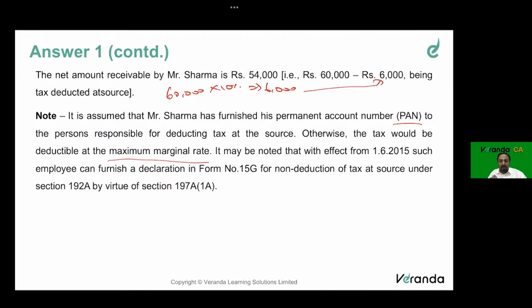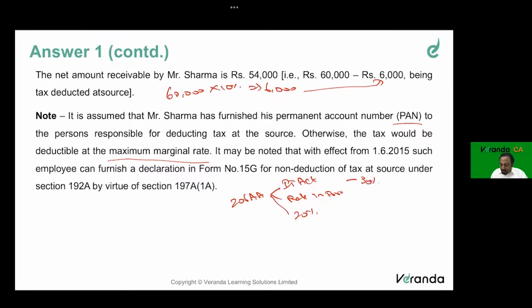So typically we were talking about two things in our earlier problem. So we'll add a point to that. We said 206AA. We said there is the IT Act rate, the rate in force, and then your 20%, whichever is higher. Now here what they say is, as far as the Income Tax Act, an individual is taxable at slab rate, right? So whenever it relates to an individual, the maximum possible tax rate of that person is called the maximum marginal rate.